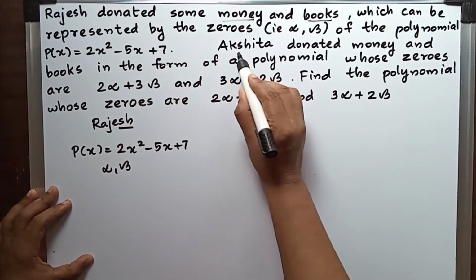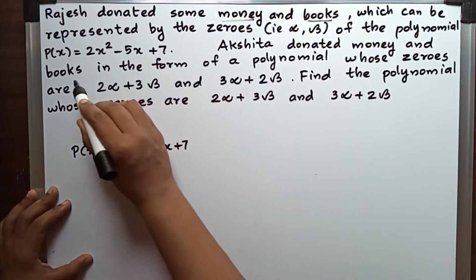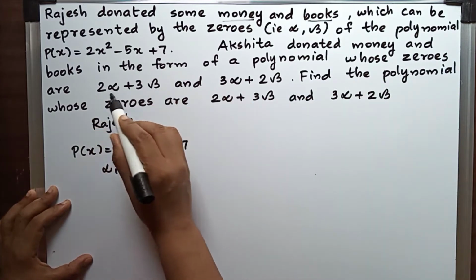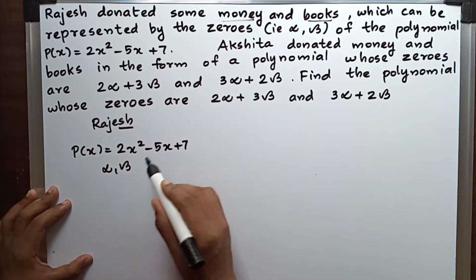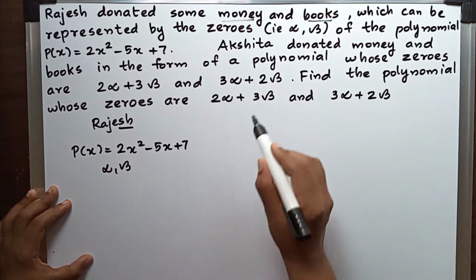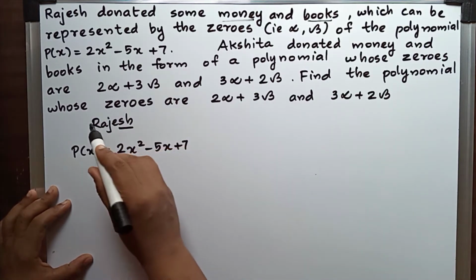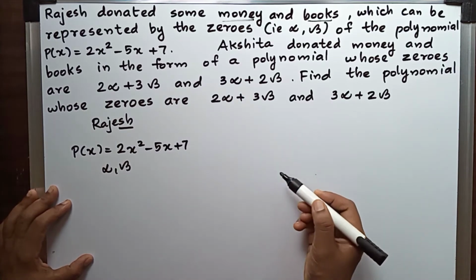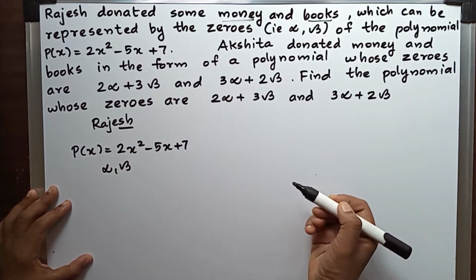Now Akshita donated money and books in the form of a polynomial whose zeros are 2 alpha plus 3 beta and 3 alpha plus 2 beta. Find the polynomial whose zeros are 2 alpha plus 3 beta and 3 alpha plus 2 beta. That is the question. See,